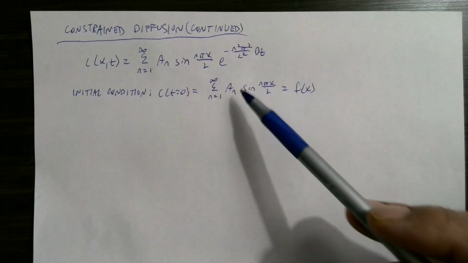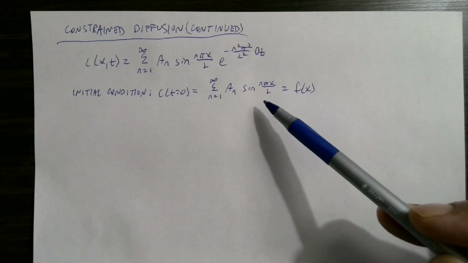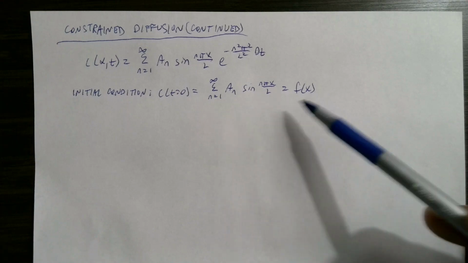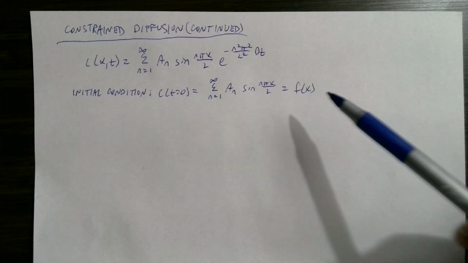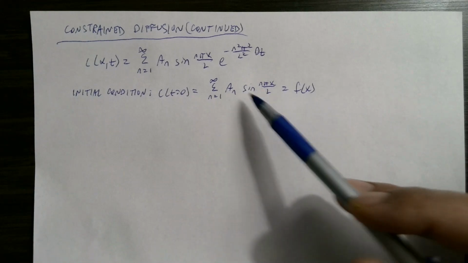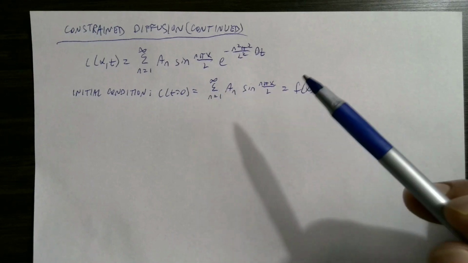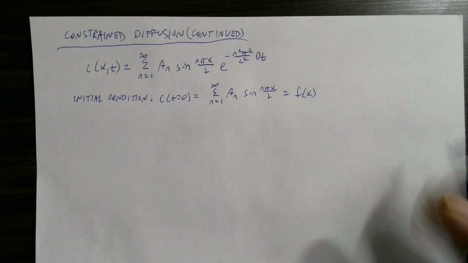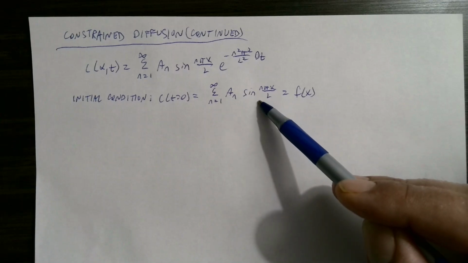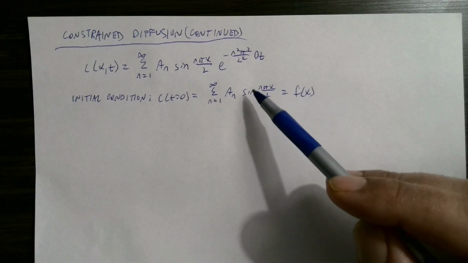And we said that this is called a Fourier series, and it's a very useful technique that was discovered by Fourier. Across any finite interval, you can write a function as a sum of sines or cosines to approximate that function using this sum, or it's exactly equal to the value of that function if you take an infinite number of terms. Of course, we can't do that in reality. But let's see now, we need to figure out what the terms are that are in front of each of these sine terms. So for n equals 1, we get a sine of pi x over L, and there's some